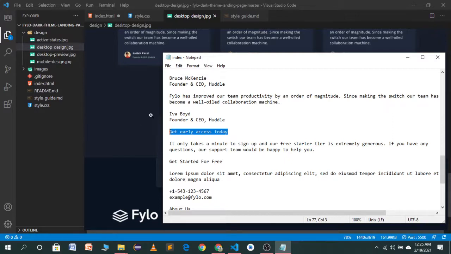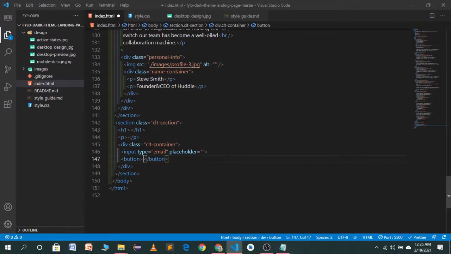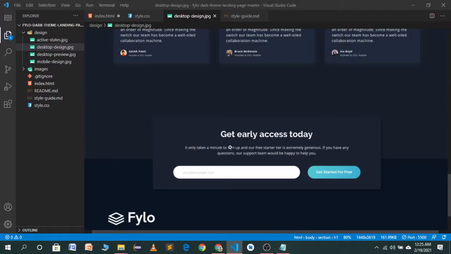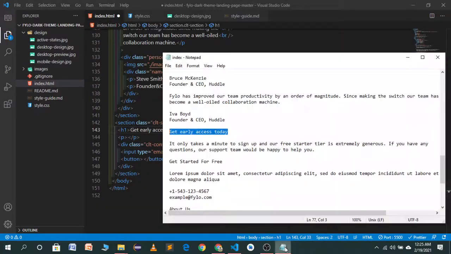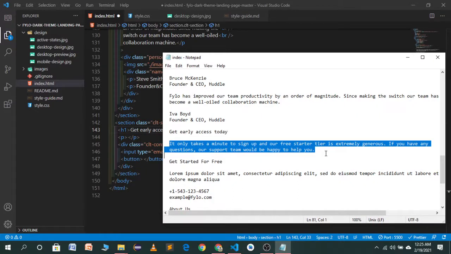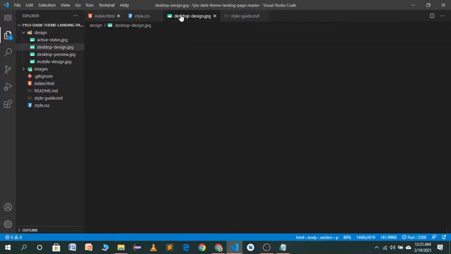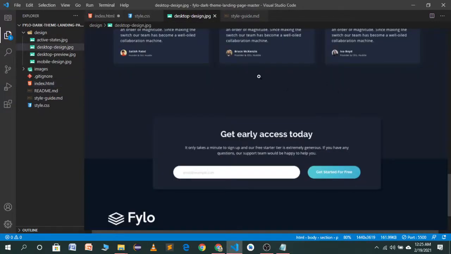Now copy this one and paste it here. Now the paragraph will be this one, it only takes a minute. I will copy the paragraph and paste it here.